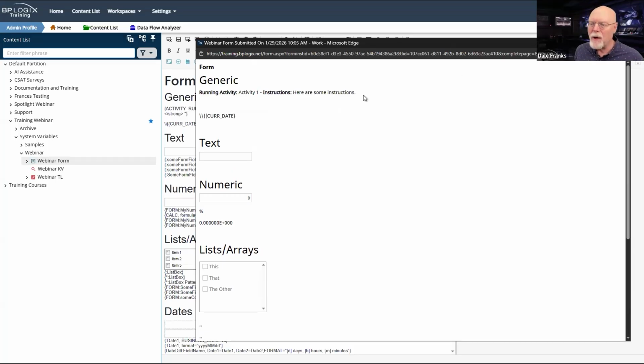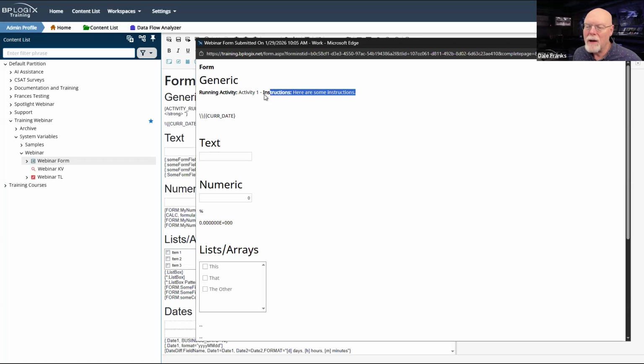And as you can see up at the very top, this is how the system variables now display. Well, I am not having a good time highlighting stuff today. So there's my system variable right there. It's activity 1. Here is my task instruction system variable. All this other text is the pre and post text for my running activity system variable.